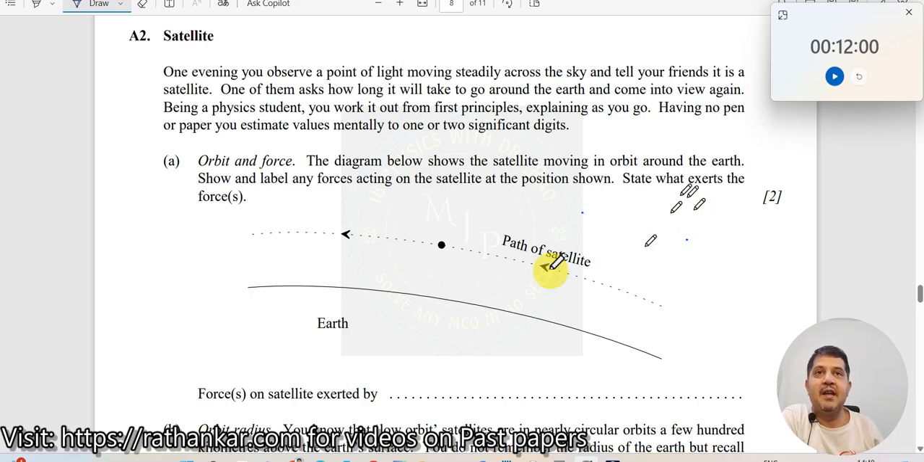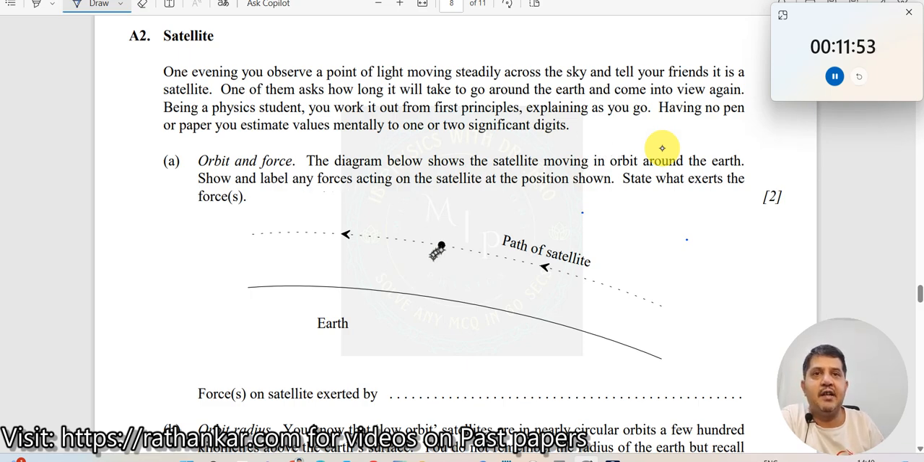Okay, now let us start this particular problem. This problem is on gravitation. This problem is for 12 marks, so let me keep the timer at 12. Okay, let's start. One evening you observe a point of light moving steadily across the sky and tell your friends